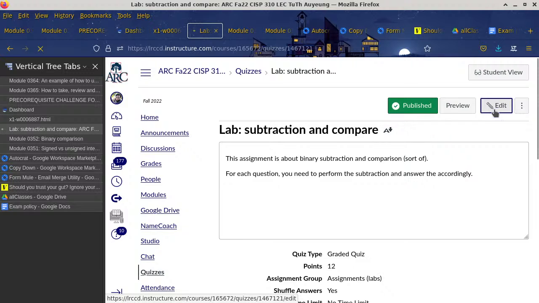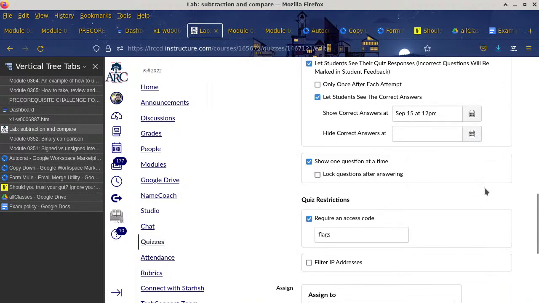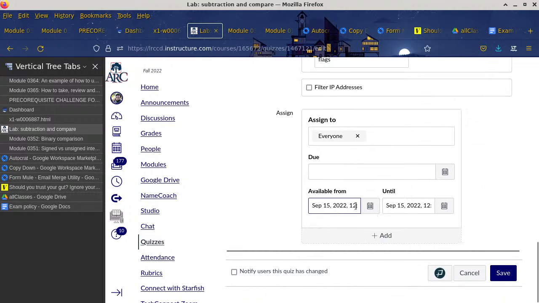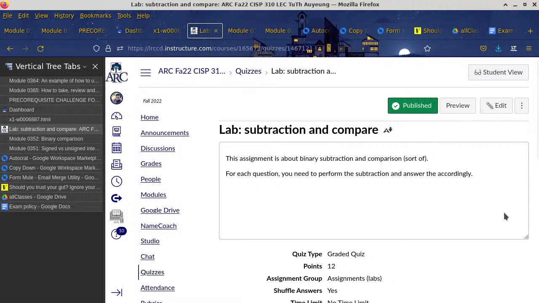Sometimes I do that. It's due, not available from. Okay, so. It is awfully slow. Well, it says it's saved, so if you refresh the screen, it should give you, yep,